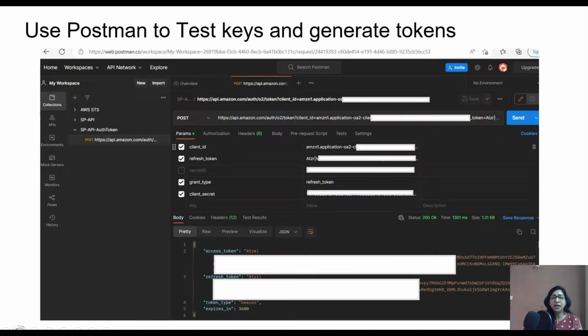Moving ahead, how you can test or quickly generate your access token, so that the flow that you are implementing or the keys that you are using are correct. Just to authenticate the keys that you are using, you can use Postman. If you're not aware of Postman, you can go and register to Postman. It is free, and you can test out the keys or the tokens that you have.